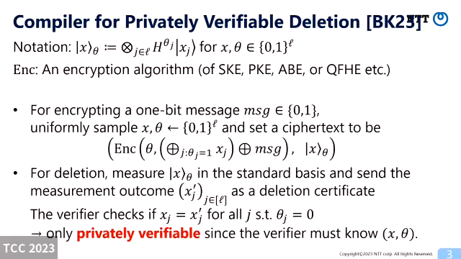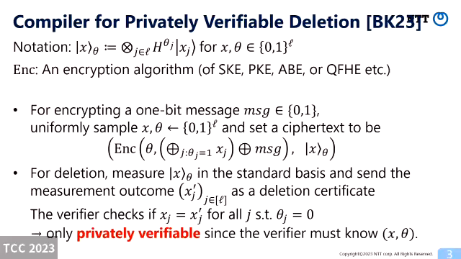Then the verifier checks if this deletion certificate is consistent with the original x in the standard basis positions. Intuitively, for passing this verification, the receiver has to measure the BB84 state in the standard basis. But after such a measurement, all information about x in the Hadamard basis positions disappears. And after that, the receiver cannot recover the message, even if it is given the